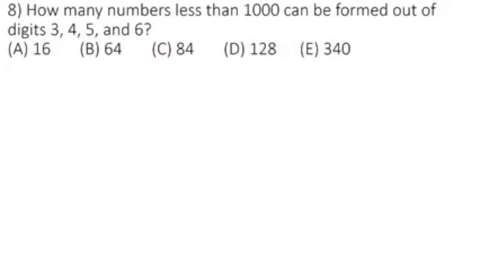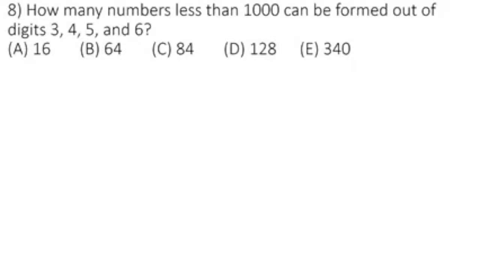How many numbers less than 1000 can be formed out of the digits 3, 4, 5 and 6? The options are given here: 16, 64, 84, 128, 340. So from the digits, how many numbers less than 1000? Less than 1000 means it should be